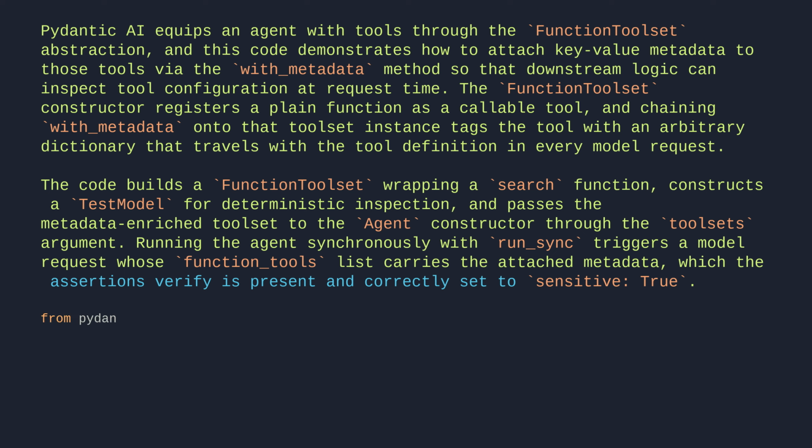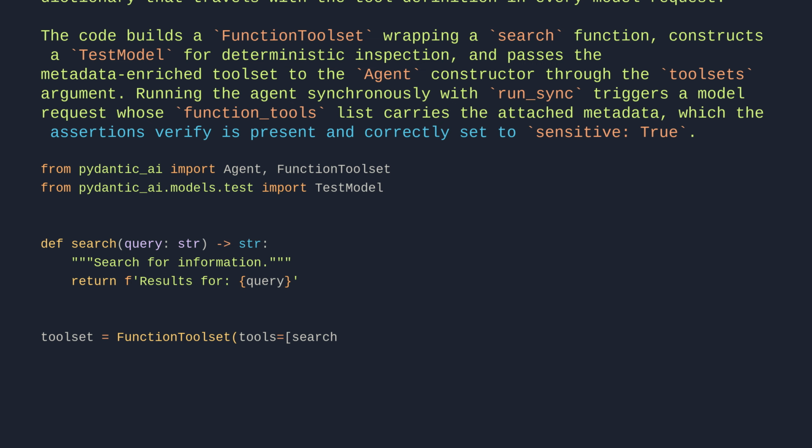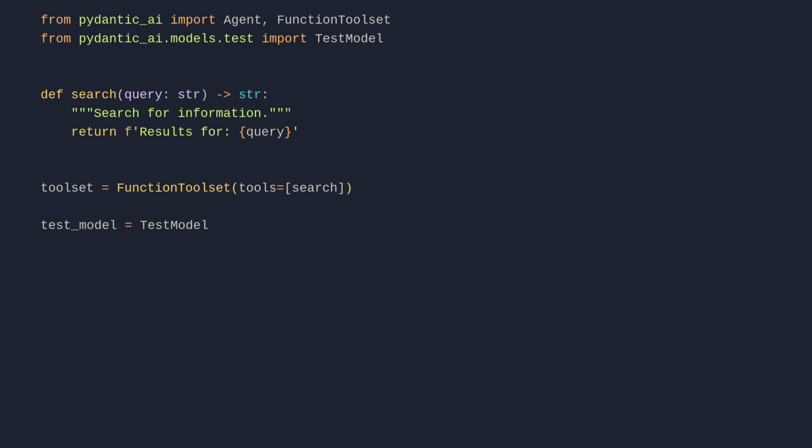From pydantic_ai import Agent, FunctionToolset. From pydantic_ai.models.test import TestModel. def search(query: str): "A search for information." Return f"results for {query}". toolset = FunctionToolset(tools=[search]). test_model = TestModel(). agent = Agent(test_model, toolsets=[toolset]